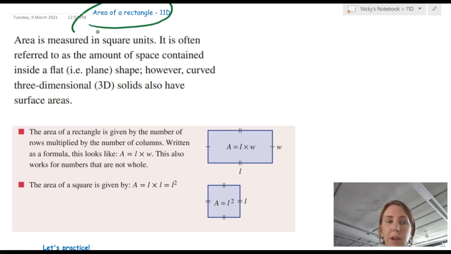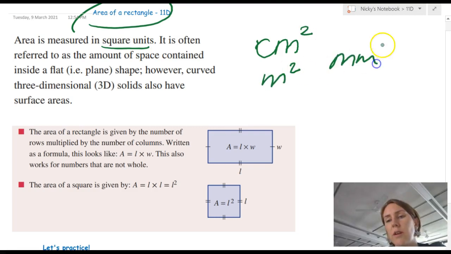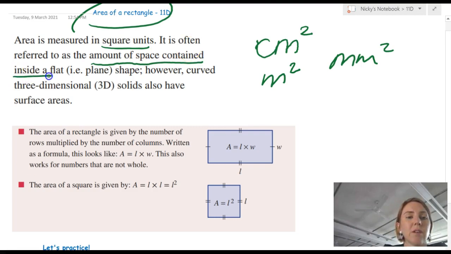two-dimensional shape. Okay, so area is measured in square units, so it would be, for example, centimeters squared or meters squared or millimeters squared, etc. It is often referred to as the amount of space contained inside a flat shape. But it is important to remember as well that 3D solids can also have surface areas, which we will go